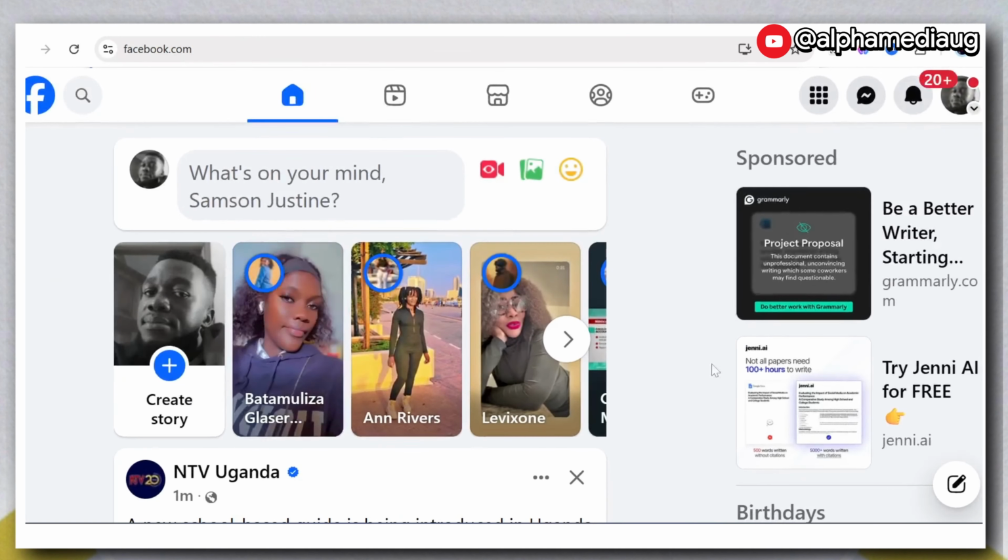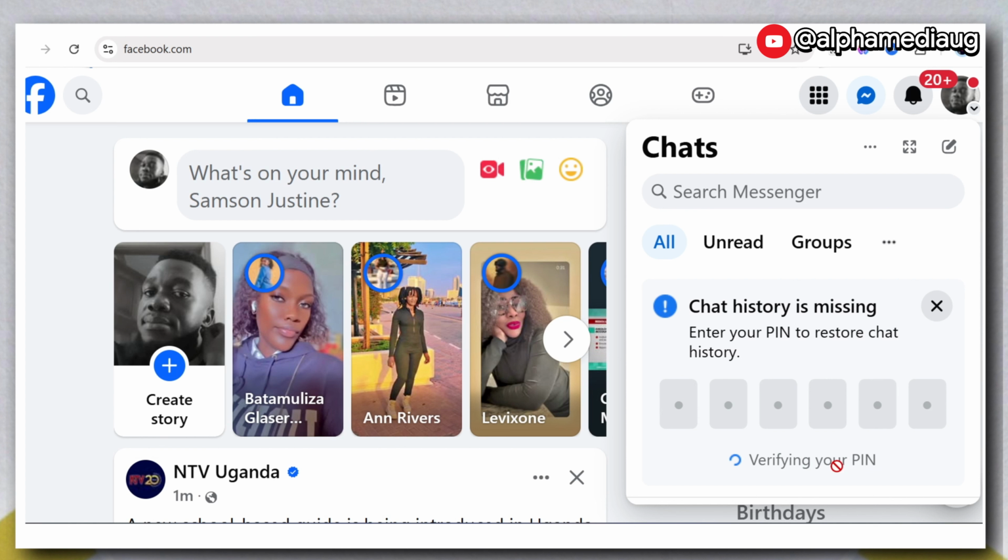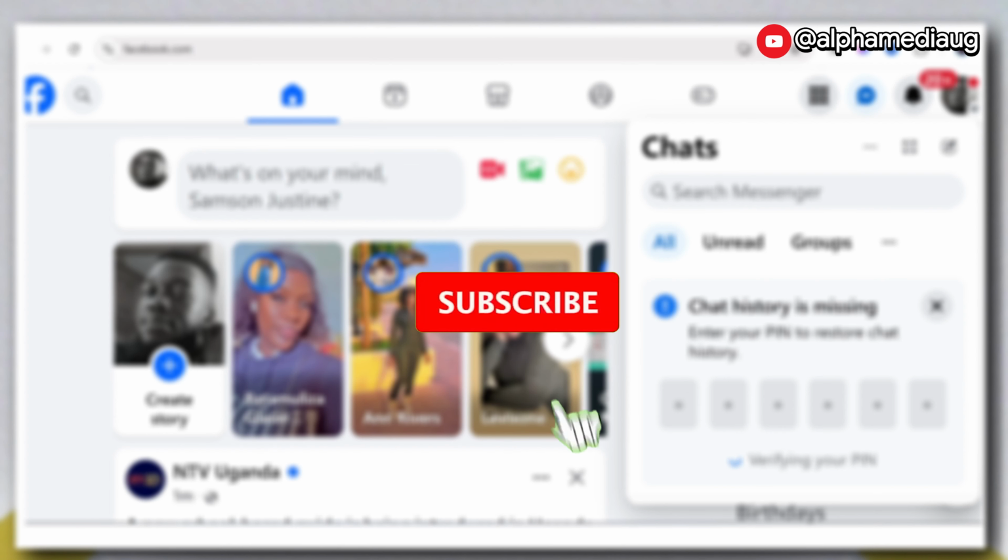Facebook Desktop Messenger is experiencing an issue with chat access, where you're asked to enter your PIN to restore the chat history. The problem is that after entering your PIN, it gets stuck at the verification process and doesn't go beyond that. Therefore, I'll show you 2 ways to fix this, but I'll keep updating more solutions,